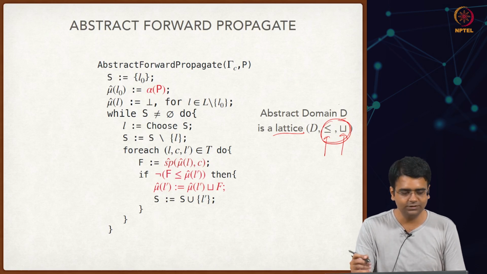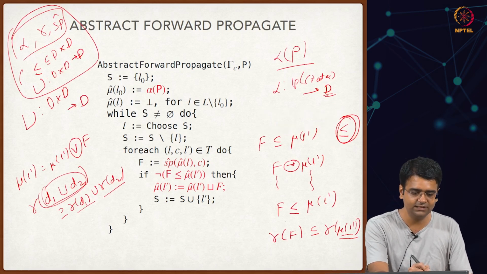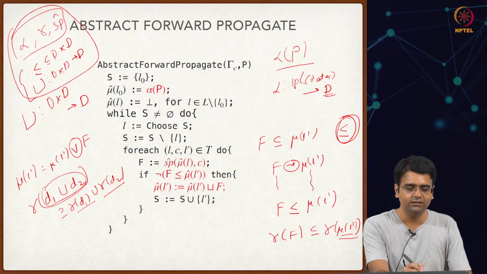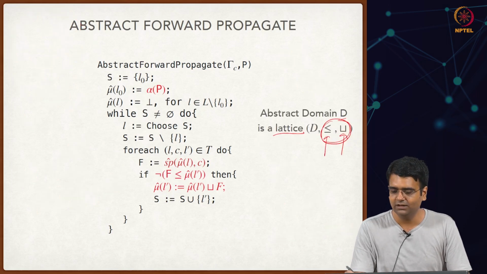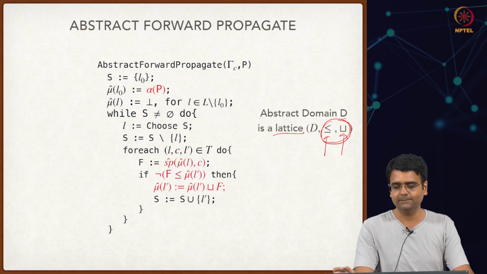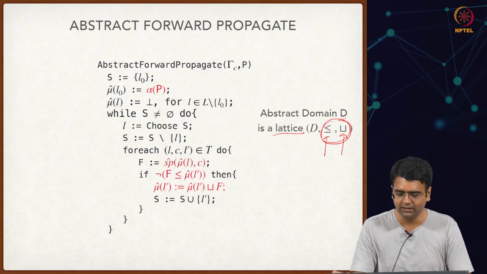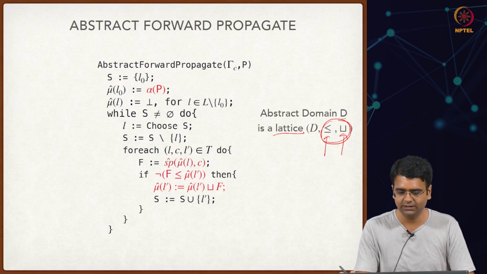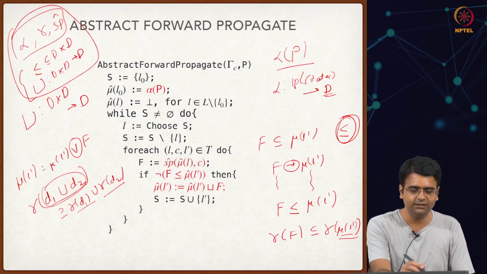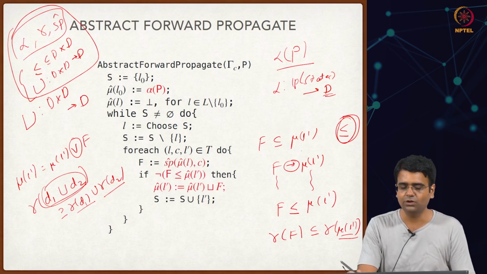So two of the requirements that I had mentioned, which are the less than or equal to and join, will be automatically fulfilled if my abstract domain is a lattice. And I need both of these things in the abstract forward propagate algorithm. The rest of the things are still needed. So I need the abstraction function, the concretization function, and the abstract strongest post condition operator,